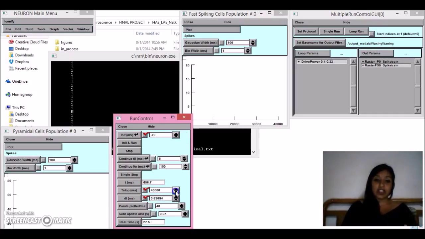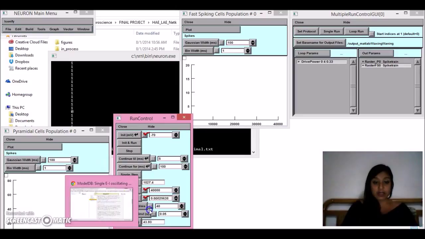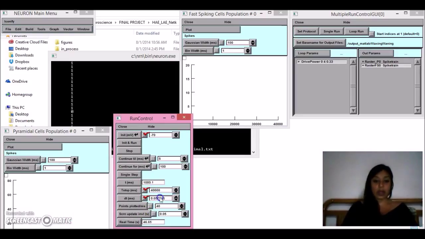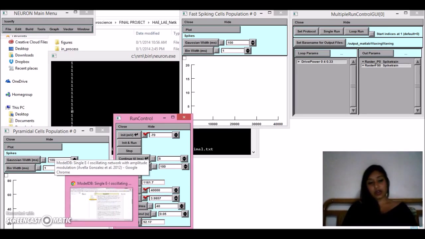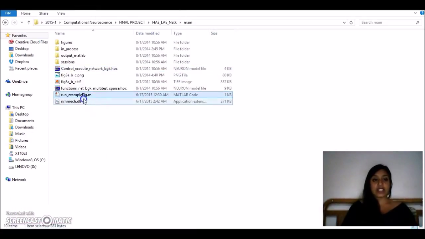So while the process completes, what we will have is a set of data for each of the 100 neurons that were simulated for the first article. Or, well, the proportion was 80 to 20, so it is 100 neurons total. And once the simulation is done, which is going to take a while, as I mentioned before, or we can run a shorter simulation, but we would get a different result set. What we will get is basically this file, which is the actual data file. I'm sorry, we will get a data file that will be stored here, and with this particular file, we will be able to